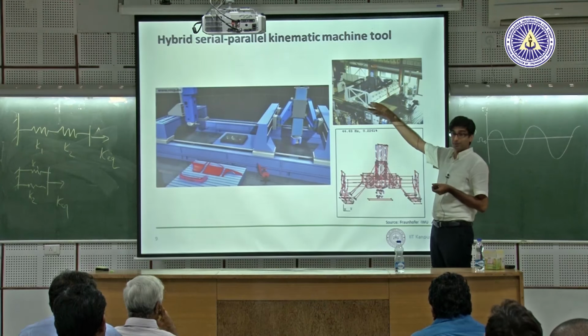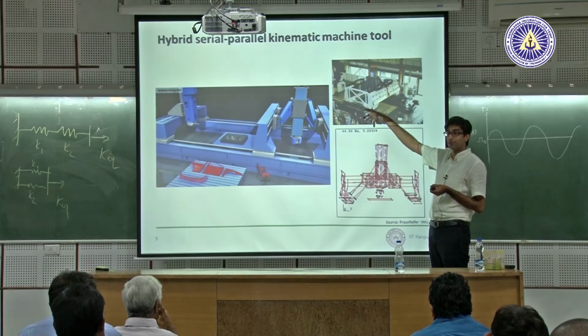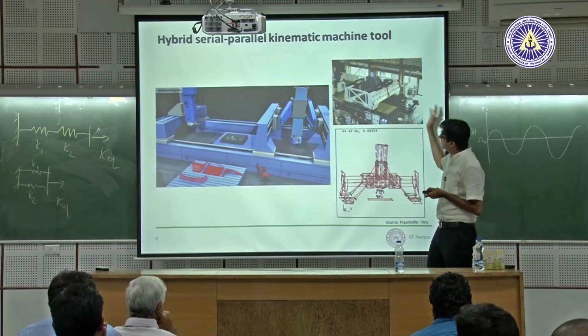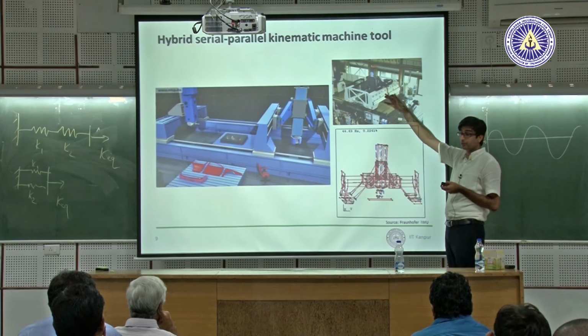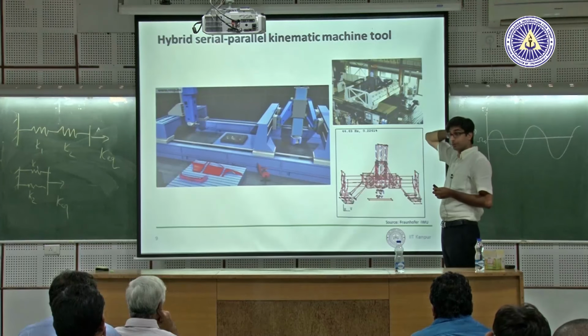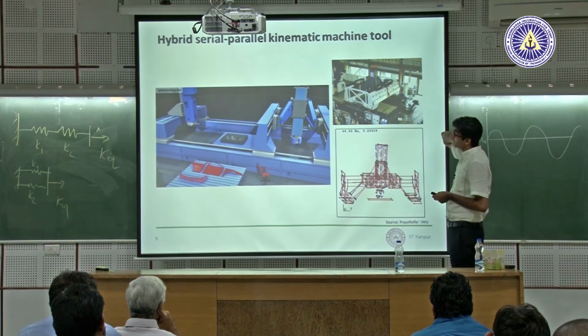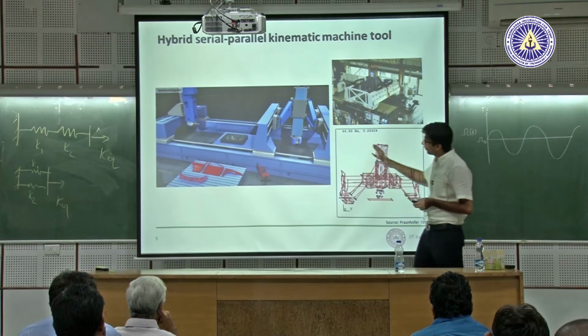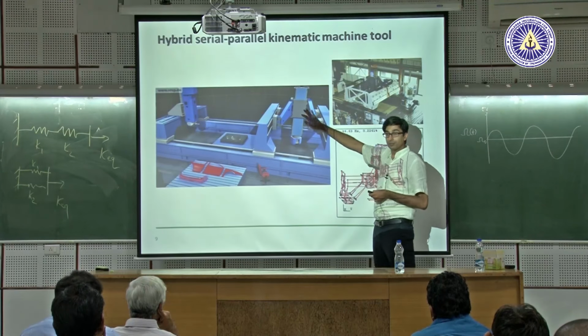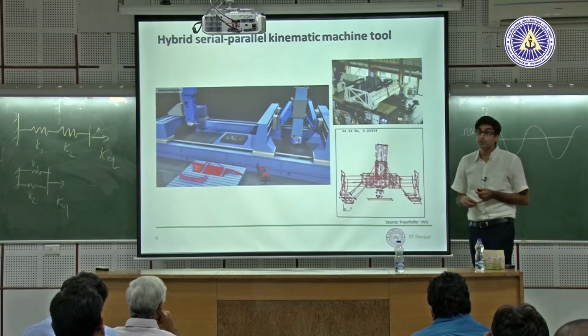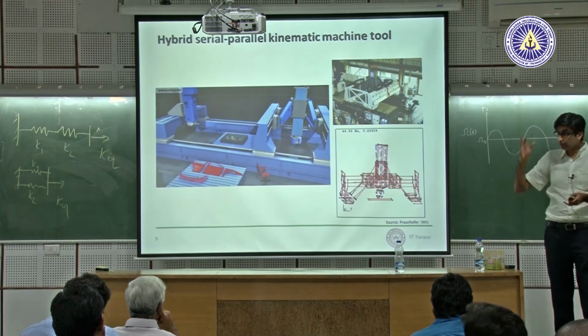Lightweight, terribly flexible, dynamic stiffness you struggle with, but it's such a huge moving mass. If you make this with steel plates, you will end up with such oversized motors that you will have other issues. So because you are compromising on stiffness here, if you have springs in parallel here, you still have a higher tool point rigidity. So this is for a reason.